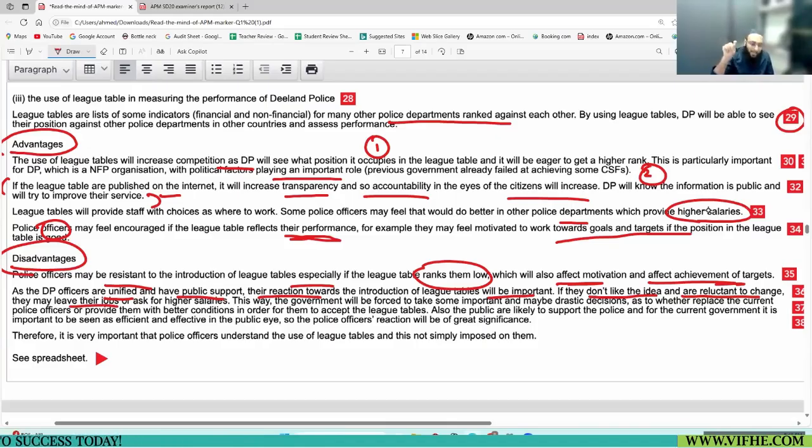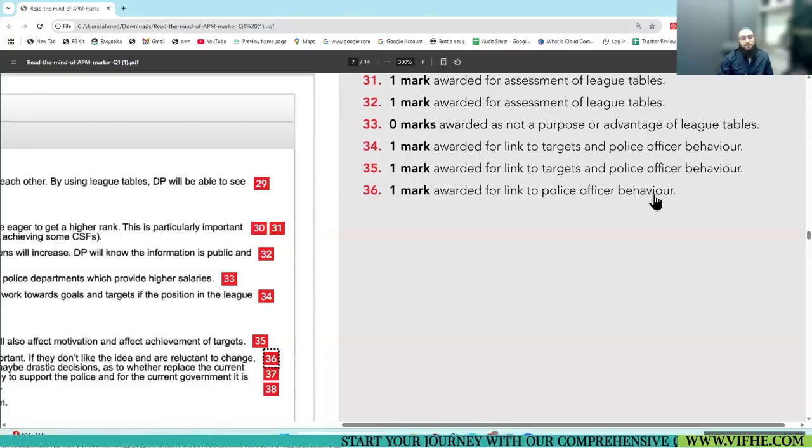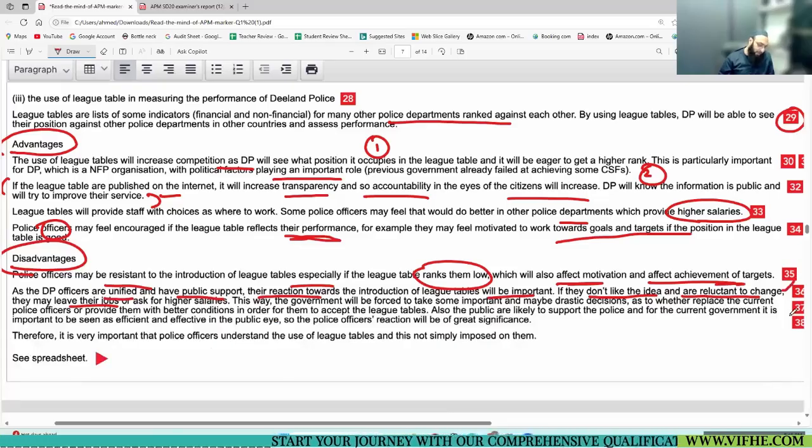Again, this is hitting the behavior of police officers. So this entire sentence that I just read in front of you is linked to police behavior. So this point was covered.